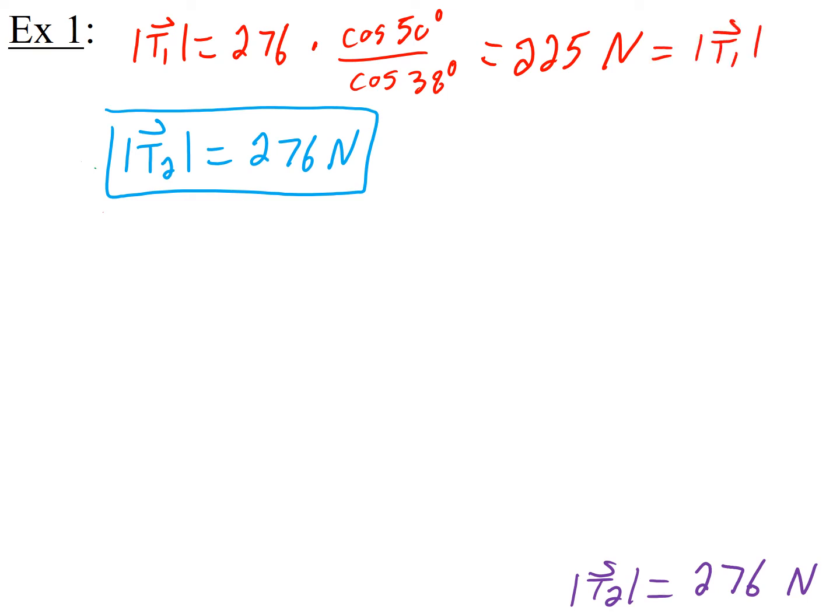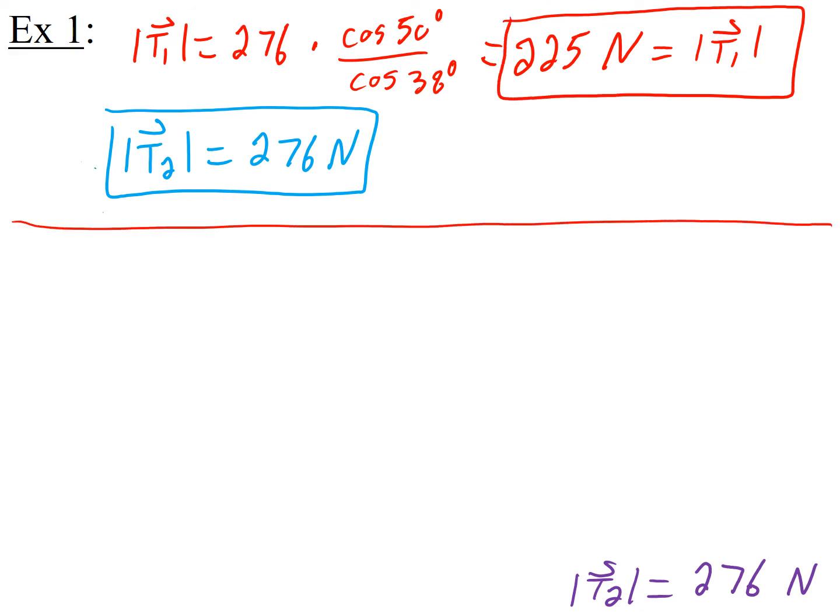And then besides the problem asking you to find the magnitudes of these tensions, it said find the tension vectors. So I have to write them down in component form. There's a couple ways to do it, but we kind of already did it, so there's no reason to do it again. So here's what we had. I know I've erased it now, but earlier in the problem, we had the tension 1 vector written in component form